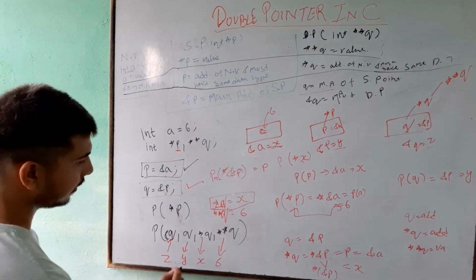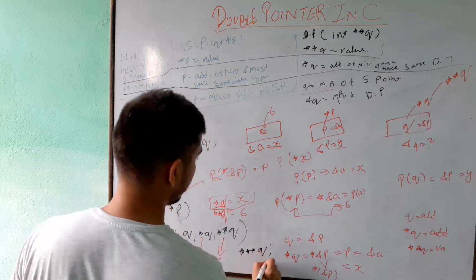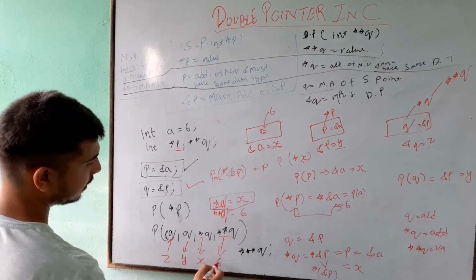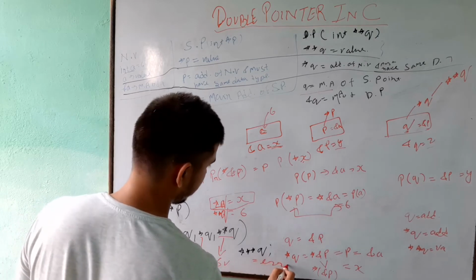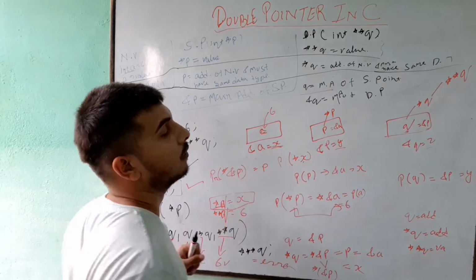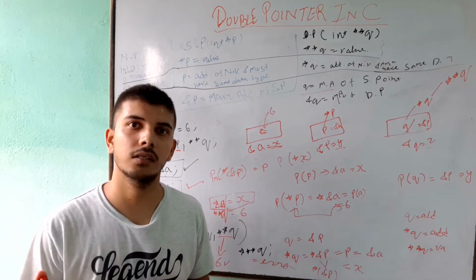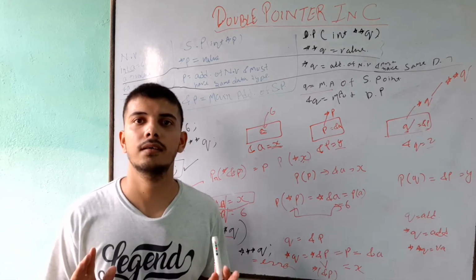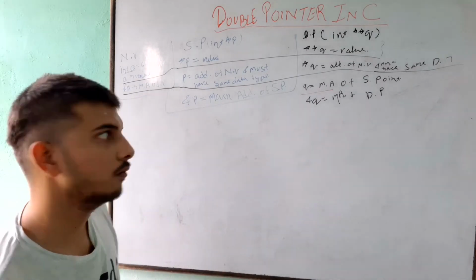Okay, let me ask again, if I write here triple star of Q, what will be the output? Now we know that double star Q has become a value, so now we cannot dereference a value, so this will give us an error. All you have to remember this. Now in the next example we will see whether an error occurs or not, when I am assigning one thing to another. Okay, that's good. So let's see another example now.